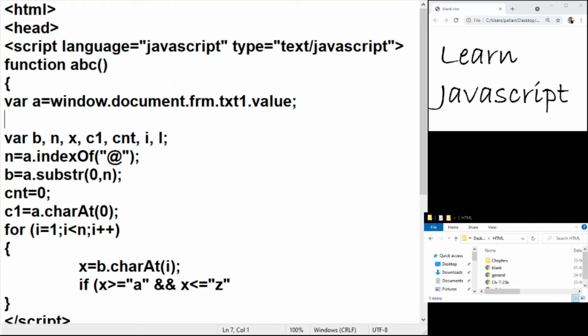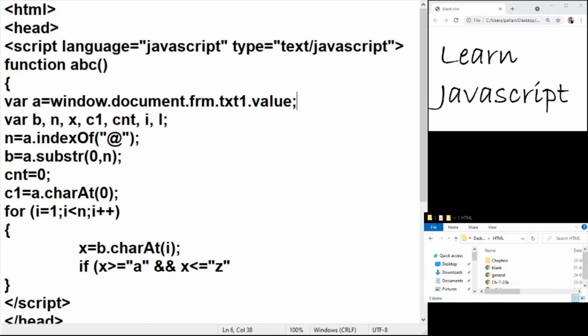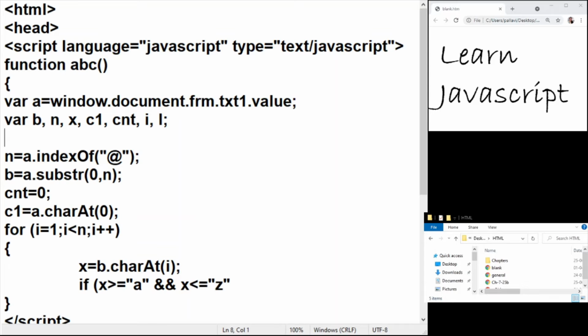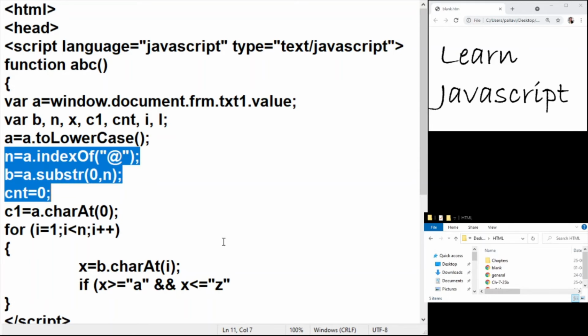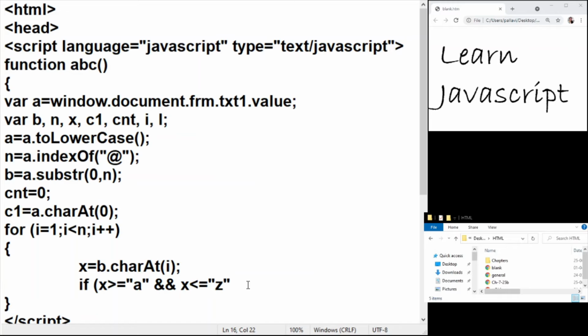So what we'll do is, if we don't want to change anything here, we can just go ahead and say a is a dot toUppercase or toLowerCase, because I've already written the condition. I can go ahead and write in the lowercase, right? So that resolves my issue, and then from a we are extracting something. So obviously here the b string is in small, so I don't have to write in additional conditions now for the capital case.